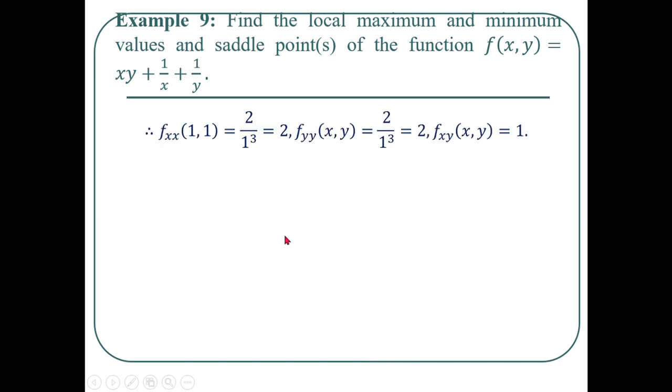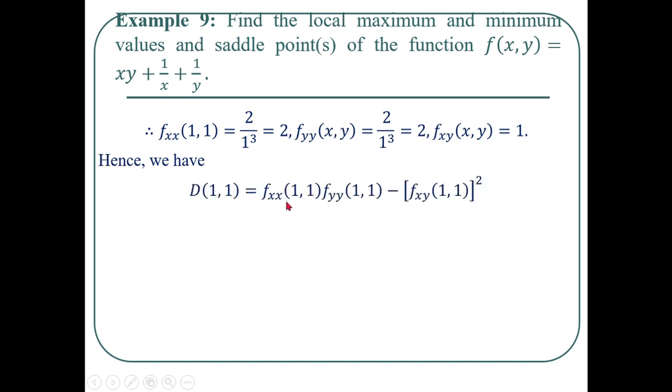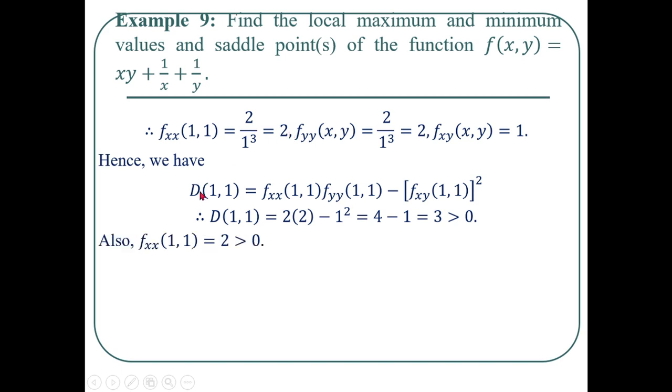And from that we will get the discriminant D at (1, 1) is equal to fxx at (1, 1) into fyy at (1, 1) minus fxy at (1, 1) bracket square, which is equal to 2 into 2 minus 1 square. It will be 4 minus 1, which is equal to 3, greater than 0. Again from this we can say that the point (1, 1) is not a saddle point, and its local minima or maxima will be decided from the value of fxx at (1, 1). As it is 2, greater than 0, we can say that (1, 1) is the local minimum of the function,